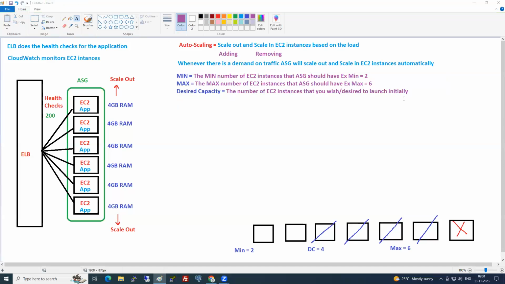Sir, if we need to deploy an application feature in EC2, how many EC2s do we need to deploy? No, minimum and maximum are just boundaries, yes or no? How many EC2s you have in your group represents the desired capacity, yes or no? Sir, how to decide? You didn't understand properly. So again, I'm saying, for example,